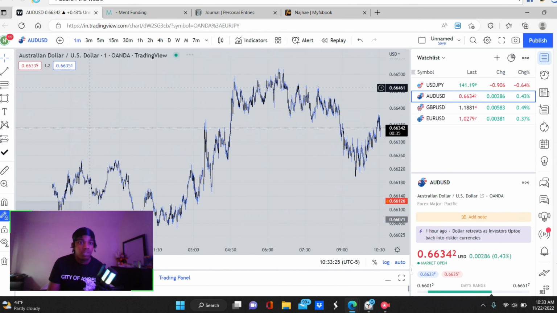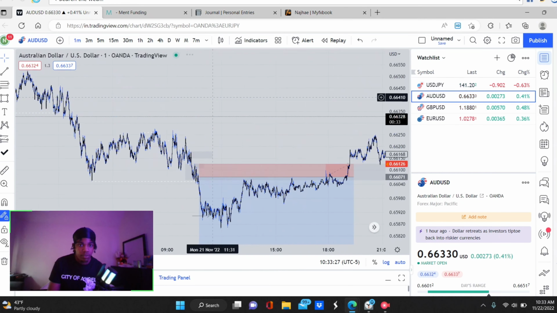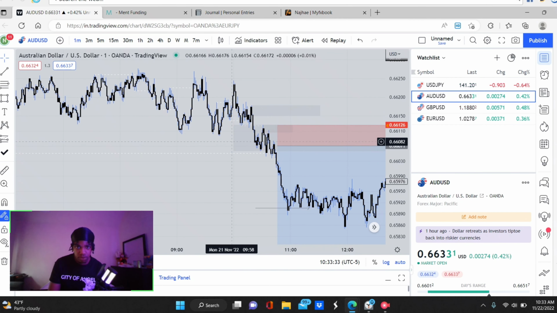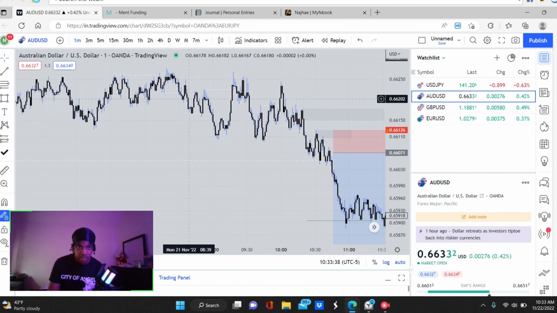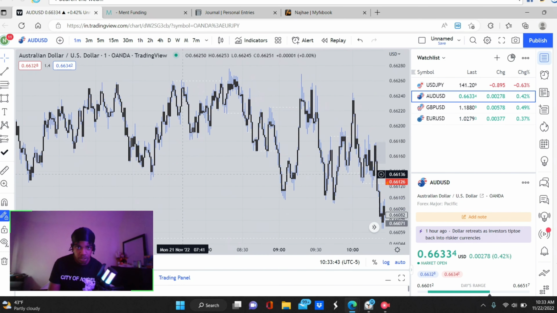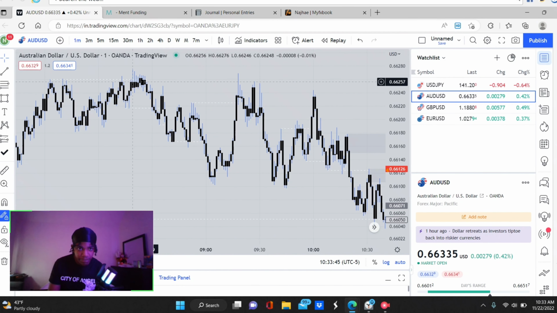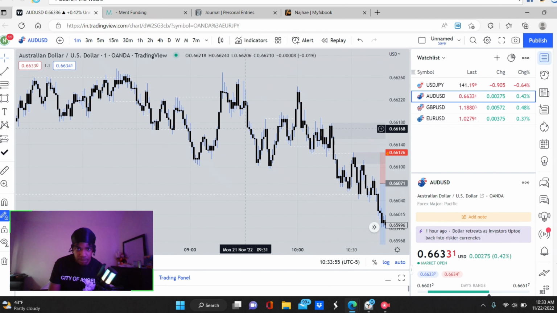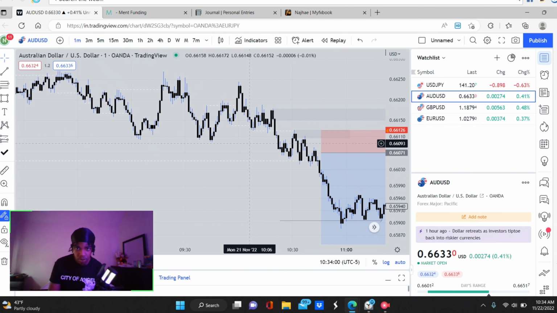So as I head down to a 1 minute time frame, this is what's really cool. I don't know why this big box is right here, but I was in this range and I followed the structure. So we had a break of this high, break of the low, a break of the low, and then we have a break of the high again. Then price broke the high again, broke the low,